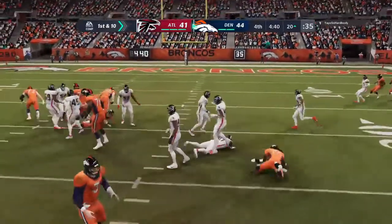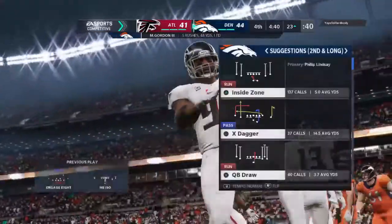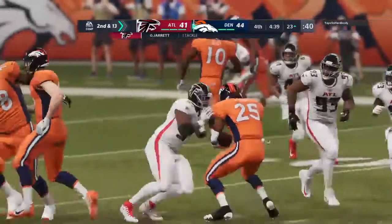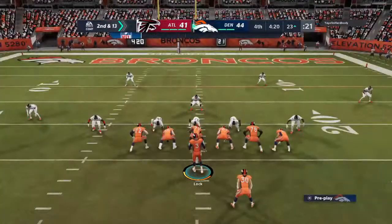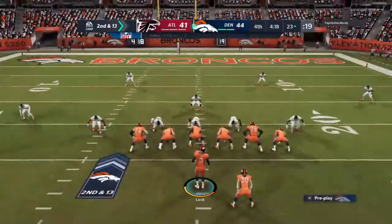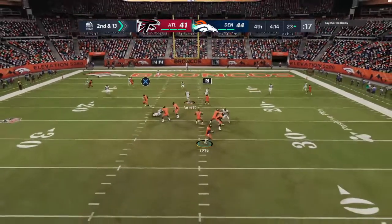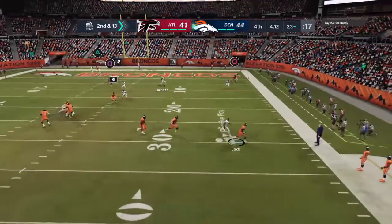Now Gordon on first down, and he is met quickly in the backfield. Down he goes, folded like a lawn chair. This defense is starting to buckle down when they need to, and right now they're winning this fourth quarter, losing the game, but they're winning in the fourth quarter. And what a fine line it is about what they're trying to get done because...